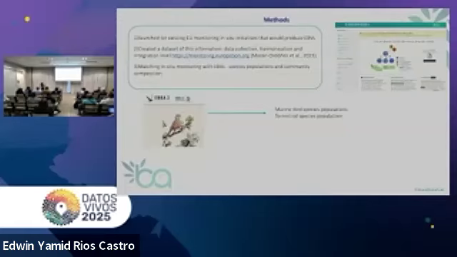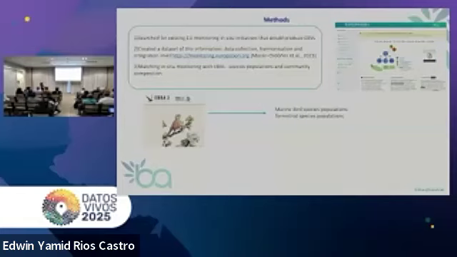Then it was like matching all these in situ monitoring initiatives that were existing, with a focus more on species population and community composition because of its nature. So, for example, we have the European Bird Atlas 2 that was published in 2020, and it had a systematic monitoring of birds from 2013 to 2017, a very extensive monitoring initiative.